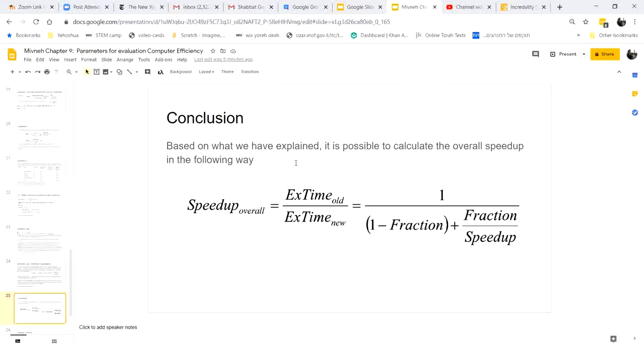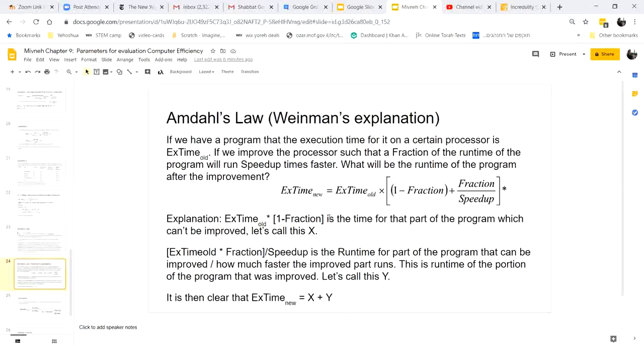So for a mathematician, this is explaining what he means by speed up. You're asking, what is speed up? Well, speed up is by this equation. The old time divided by the new time. How many times the new time can go into the old time? And I get 2. Now, if we go back here and we say, well,